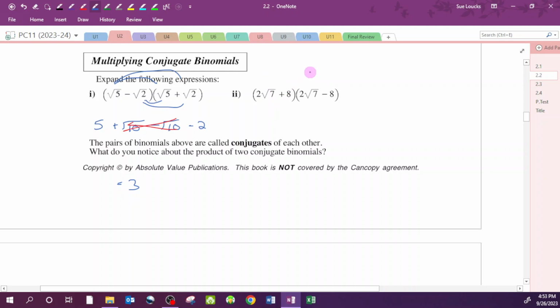So let's do this example now. We've got 2 root 7 times 2 root 7 is 4 times 7. You do need to be super careful doing this: it's not 4 times 49 or 2 times 7. It's 2 times 2 is 4, and root 7 times root 7 is just 7, okay? And then minus 2 root 7 times 8, so that's minus 16 root 7, and then plus 16 root 7, and then minus 64. So again, these middle terms cancel out, and we have 4 times 7, which is 28, minus 64, which equals